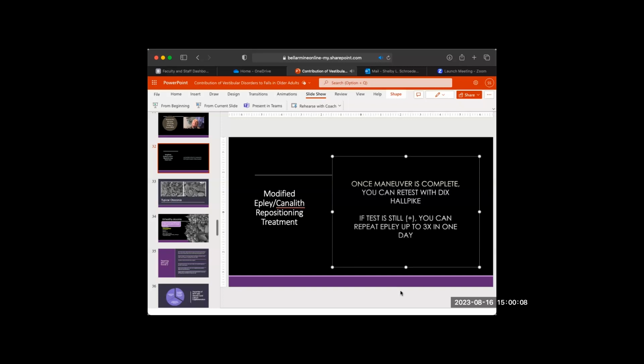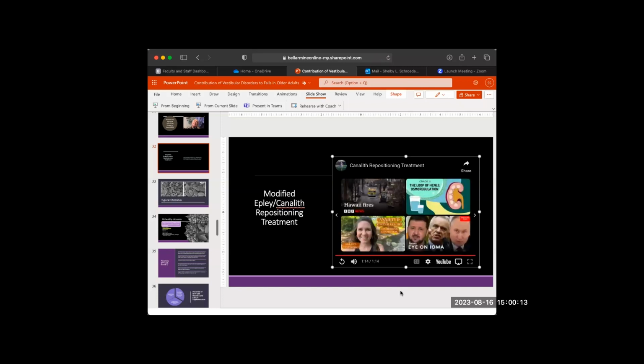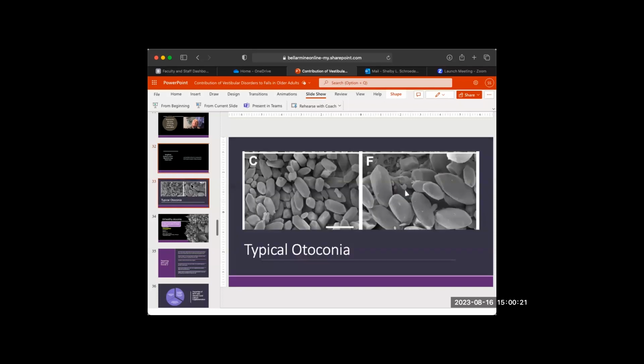So we retest after we do this once. We can do this treatment up to 3 times in one day. It's in the 90th percentile that 3 treatments will address it. If they really have this, about 90 to 92% of the time, if we do it 3 times, it's going to resolve. The success rate doesn't really increase in one treatment session if you do it more than 3 times,